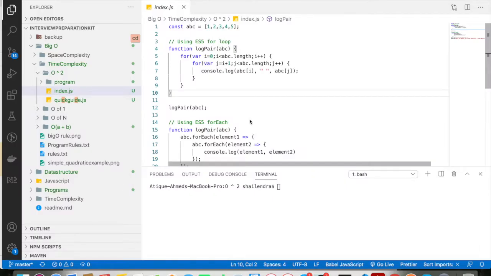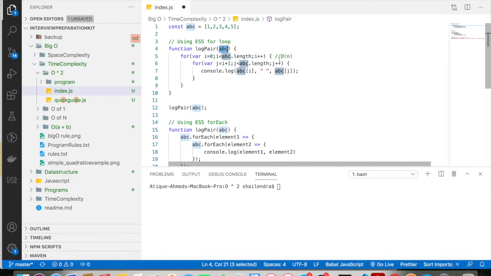Alright, so let's now discuss the Big O of n square time complexity. Why do we call it n square? In this example you can see that we have a nested for loop. For the outer for loop, the time complexity is O of n, because the loop runs till the length of the array, and we consider only the worst case.